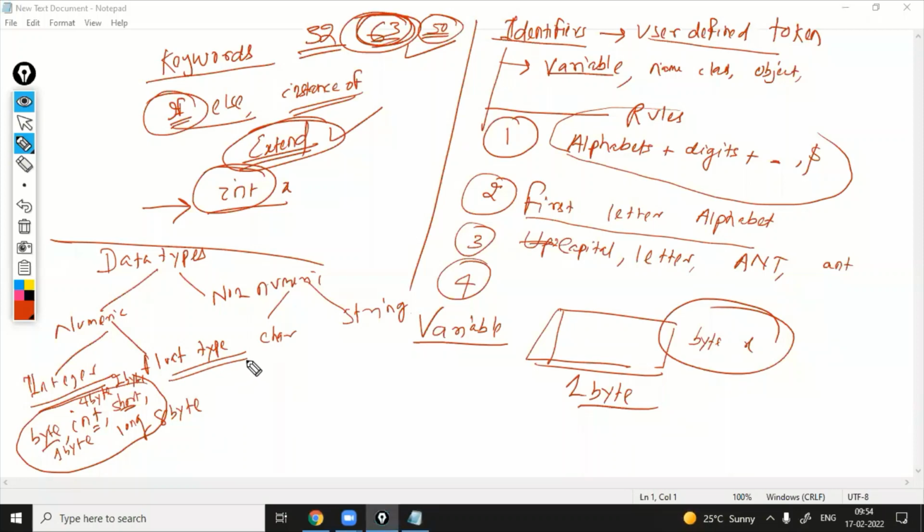And in float type, two types are there: one is float, one is double. You remember, by default all such variables are double. Double type takes 8 bytes of memory, float takes 4 bytes. Both are decimal category. Integer may be 1, 2, 3, and here there is a fractional part, like 1.2. I will discuss the details after 2 or 5 minutes. So here I think you can understand how to declare a variable.